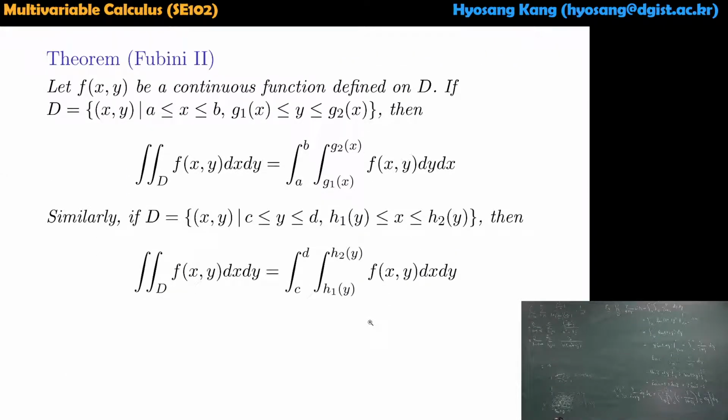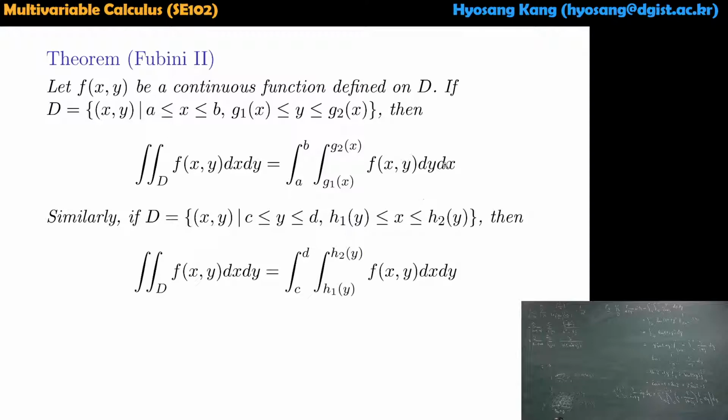There's an easier way to compute this double integral, not by introducing a new function large F, but just using the defining equation of this bounded region. For example, if you have a D defined by two functions, g1 and g2, here x ranges from a to b, and depending on the value of x, y ranges from g1(x) to g2(x). Then, as long as the function is continuous on this domain, this double integral